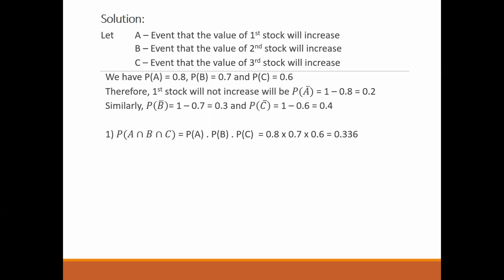I'll just tell you the formula which can be used here. We can have the probability of A and B and C bar. Then we are going to make use of OR there. So OR P(A and B bar and C), or we can have P(A bar and B and C). Okay, plus you can see all three will be there. So plus P(A and B and C). That is the formula which I'll be using.